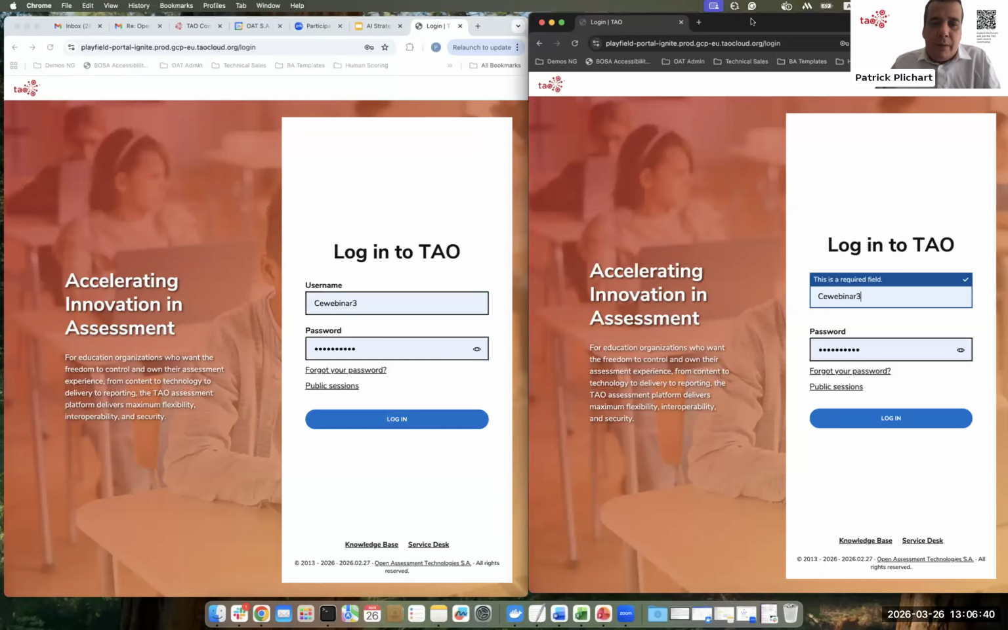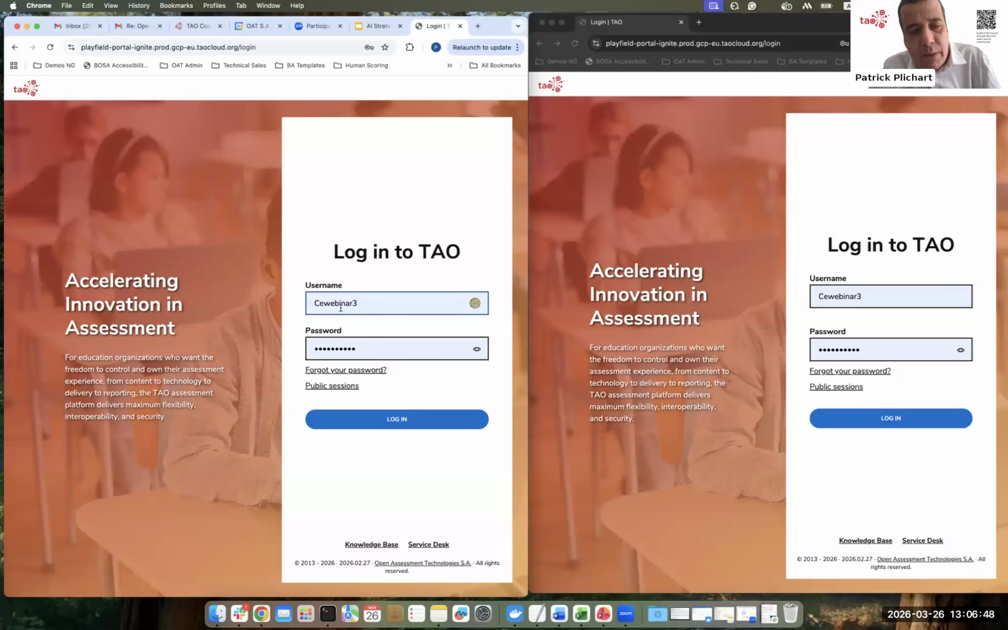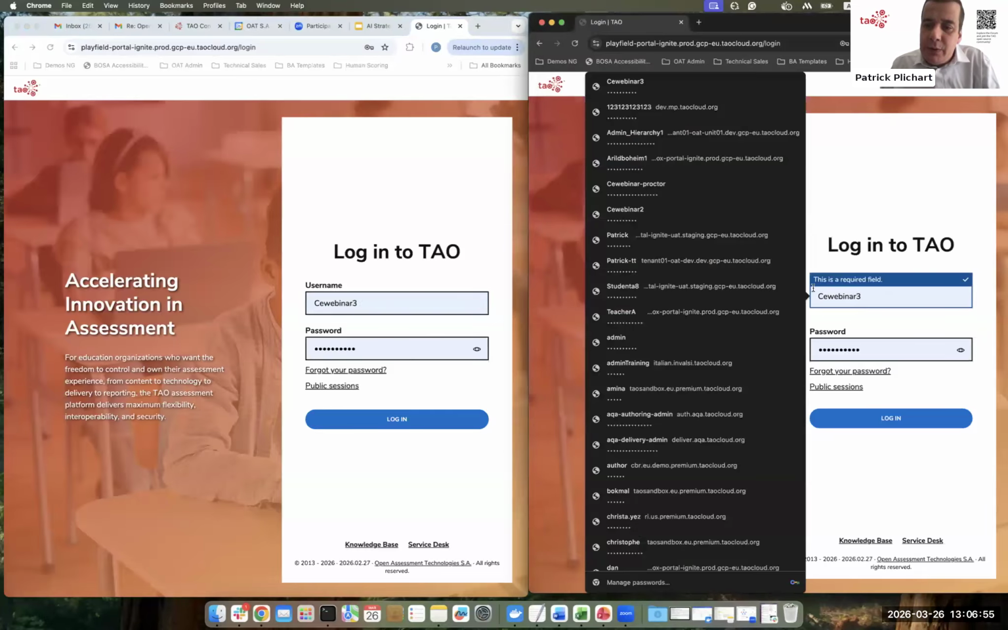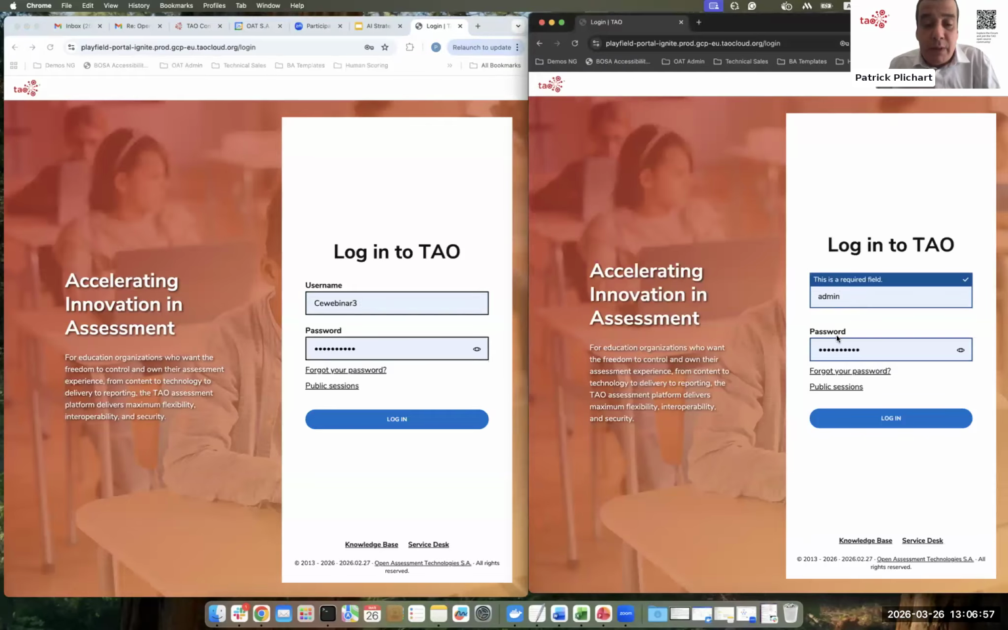So here, maybe on the left side, I will act as a test taker. My test taker is called, for this demo, a CE webinar. So it's really a pupil, a test taker. And on the right side, I'm going to connect as an administrator first, because I would like to show to